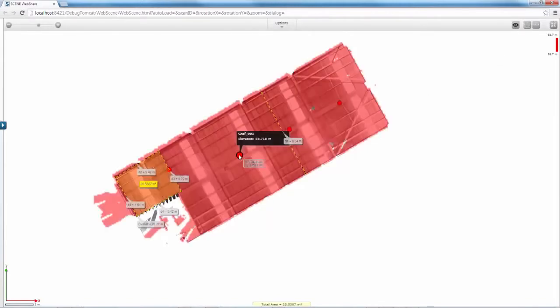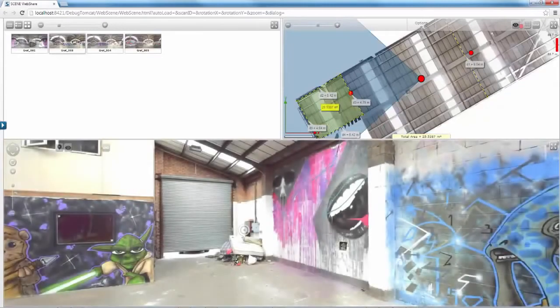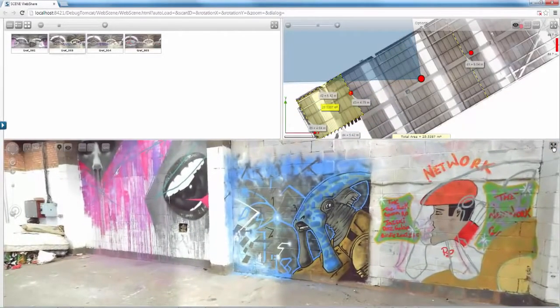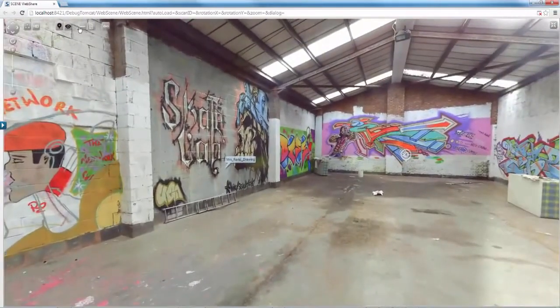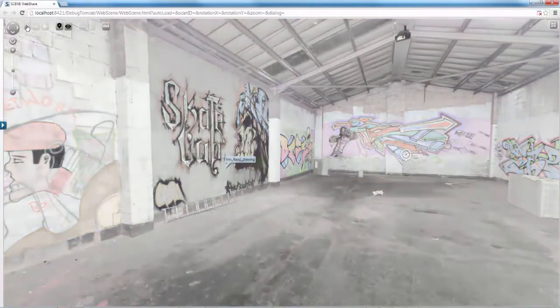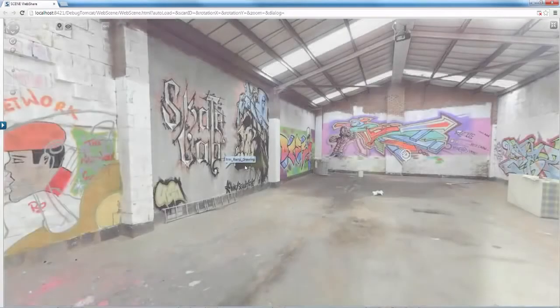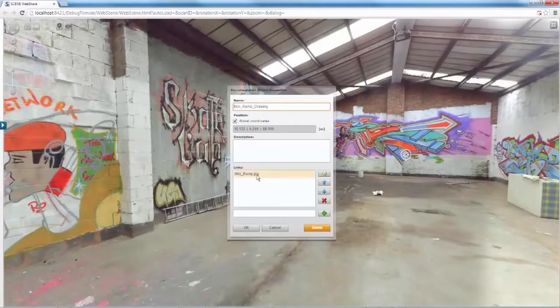If I want to then jump into any of the views, I double click on the view itself and it takes me directly into the view. So if I maximize this view, I can start to look around. I've got the same tools up here for measuring. I can toggle between grayscale and color. And then you can see my document links. If I double click on a document link, here I can see I've got miniramp.jpg. If I double click on that,